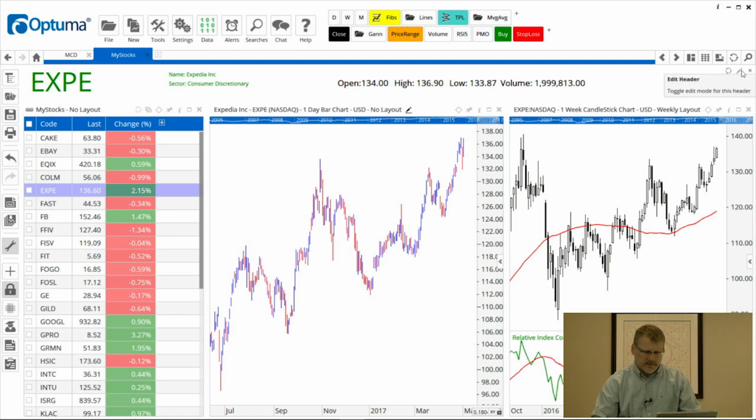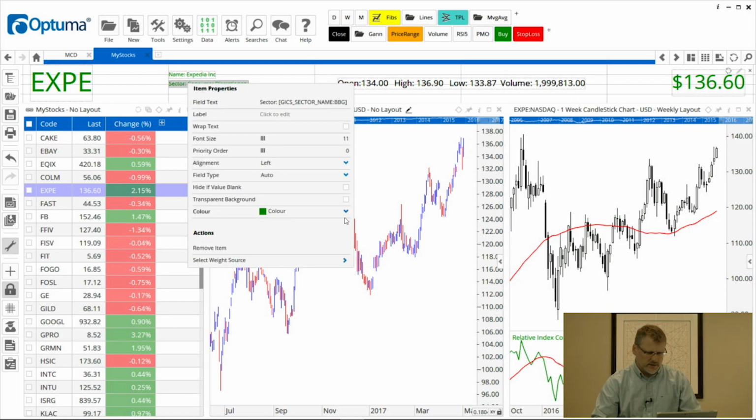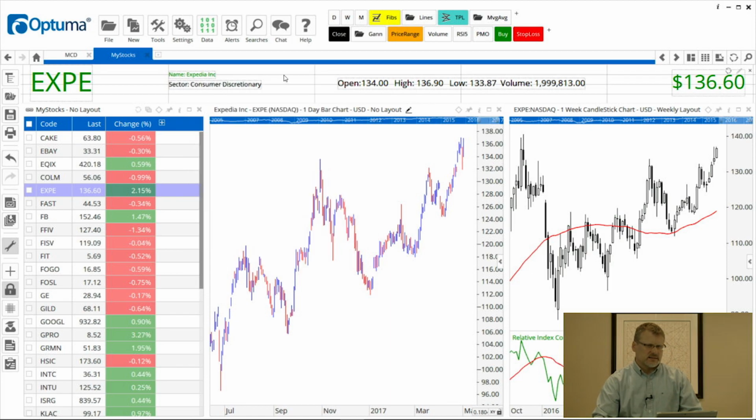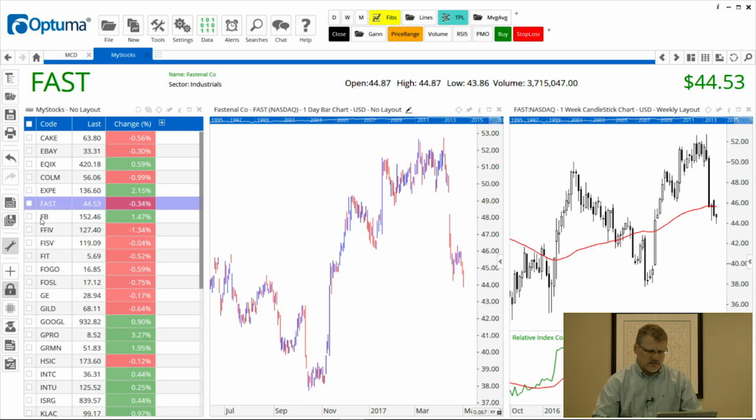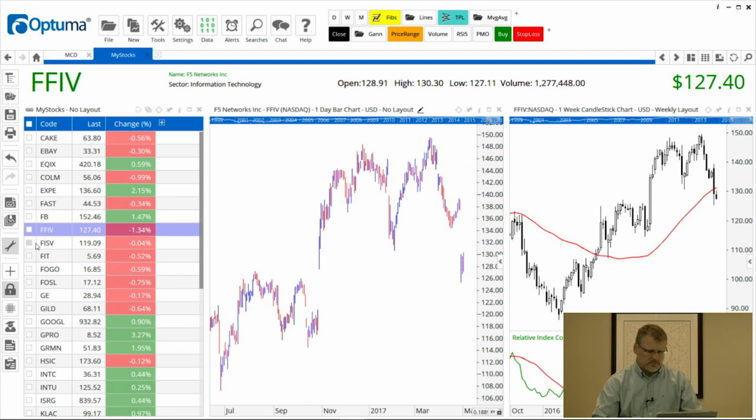But again, same process, edit the header, just left click on the pencil in the top right corner, and now we can change all this. So we can change the color if we like, and the size, and really customize it exactly how you want. And then let's save those changes, and as we go down the watch list, everything updates accordingly.